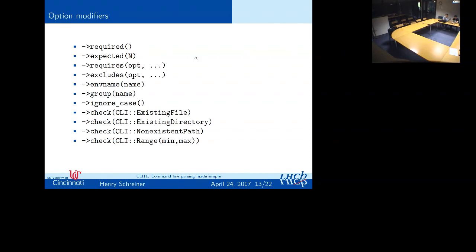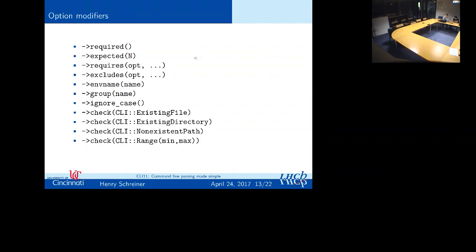You can also set required or excluded options. This is from plumbum.cli, and you can require that one option require that another option be passed, or require that another option not be passed. And this is variadic. You can add as many as you'd like, or you can chain a series of these. You can also take input from an environment variable. You can group these into categories. Now, if the grouping is only for help, it doesn't actually modify anything but the help string that's generated. You can tell it to be case insensitive,